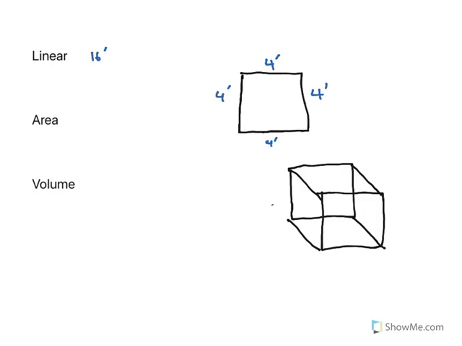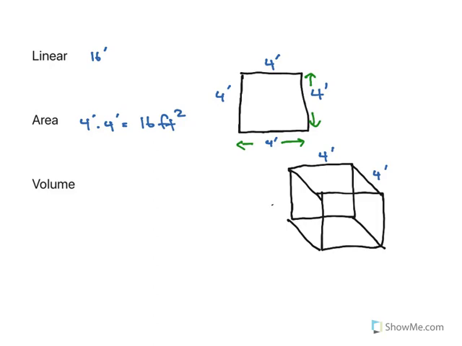Area would be length times width, or 4 times 4. 4 feet times 4 feet is 16 feet squared, and I would highly recommend getting in the habit of writing it like that, 16 feet squared, or 16 square feet. And then, of course, volume,